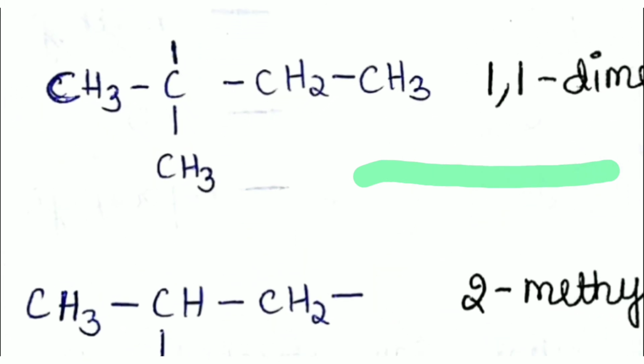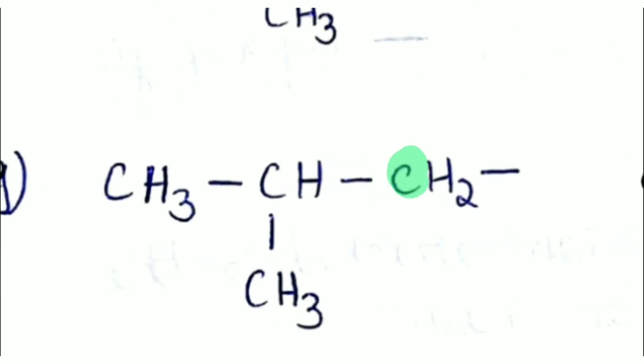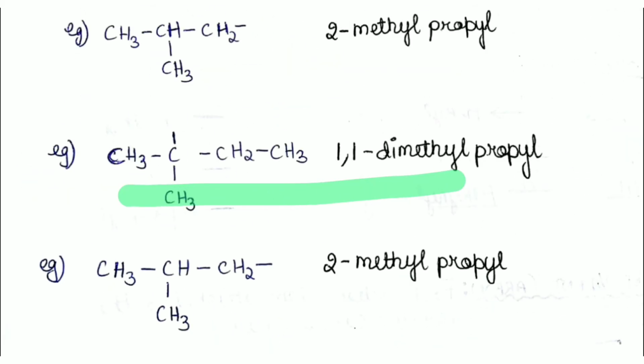Then we come to the third example here. We can see that here this is our free valent carbon, and this can be our principal chain, or we can think of this as our principal chain. In both we can see that the branching is occurring at the second carbon only. If we take this as our principal chain, then also the branching is at the second carbon. And if we take this as our principal chain, then also the branching occurs only at the second carbon. So either way we are going to get the same name of the side chain, and that will be, any guesses? Yes, it will be 2-methyl propyl. That's the way we are going to name our side chain.